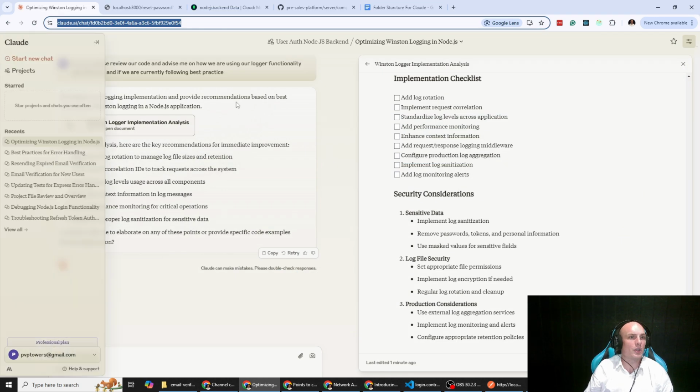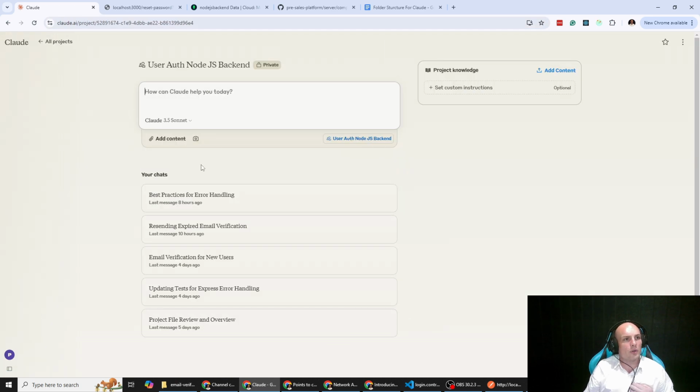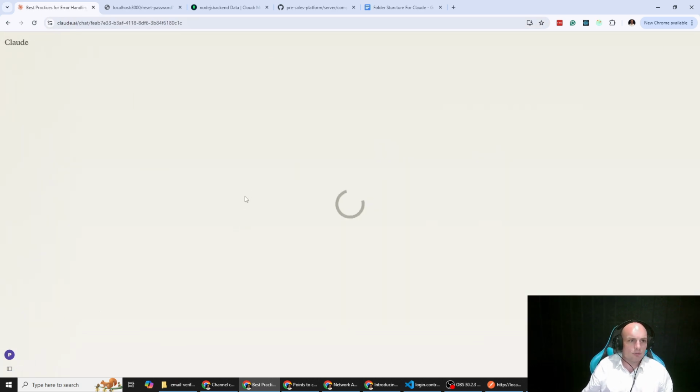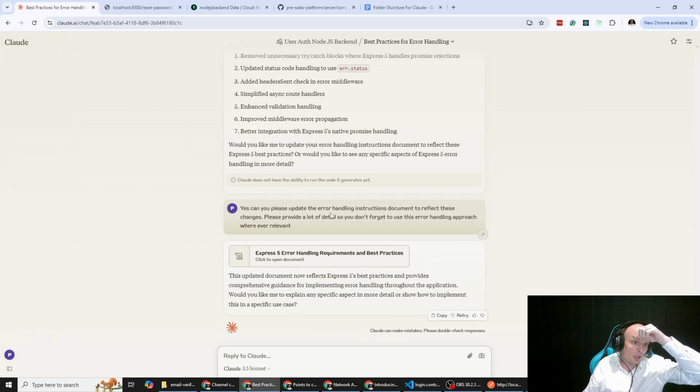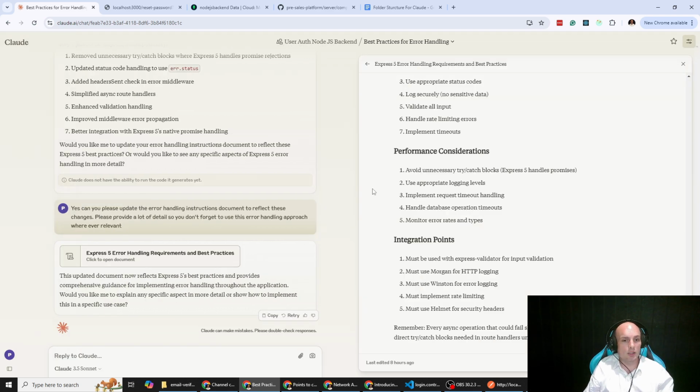Okay, fantastic. So back here to our project files, we had this one on error handling. It gave us a huge amount of insight in terms of how we should be using Express 5 error handling, which is not currently being leveraged across our application. As you'll see, some points do relate to the logging, so I want to make sure we're doing those. So I'm going to tell Claude I have uploaded